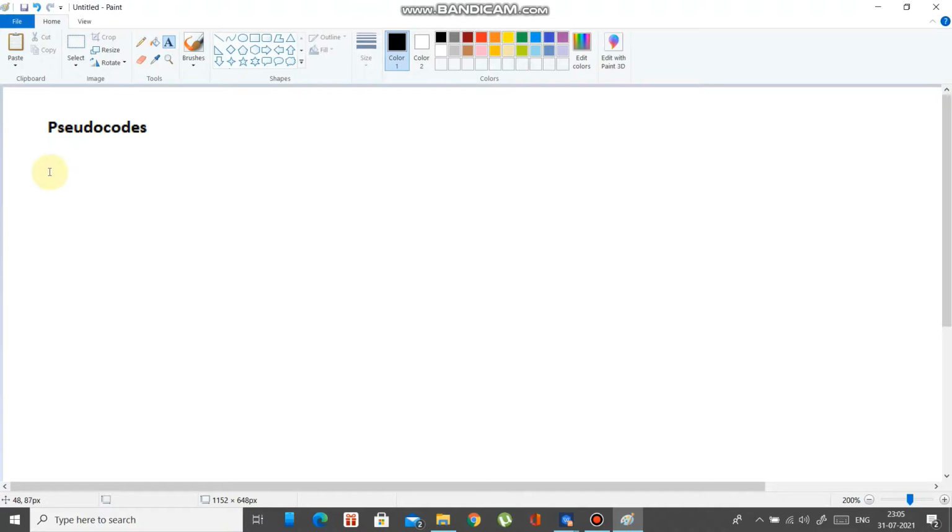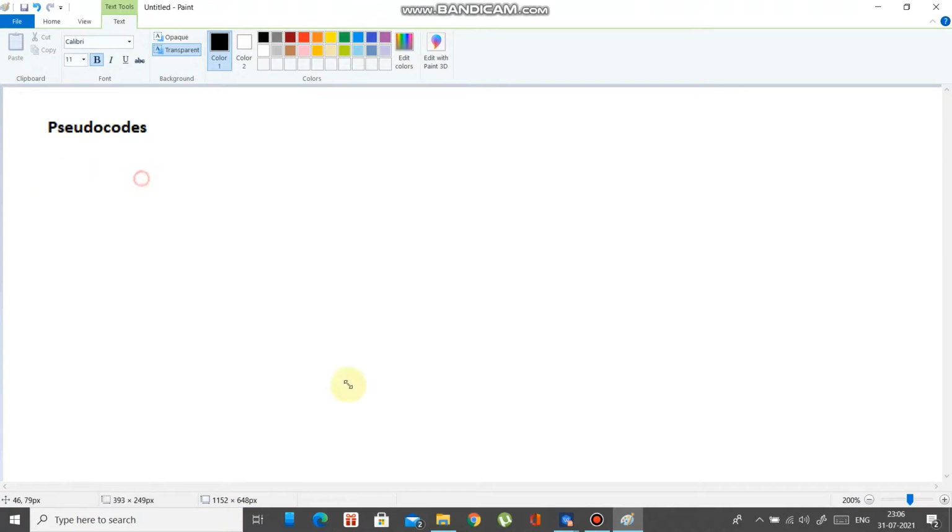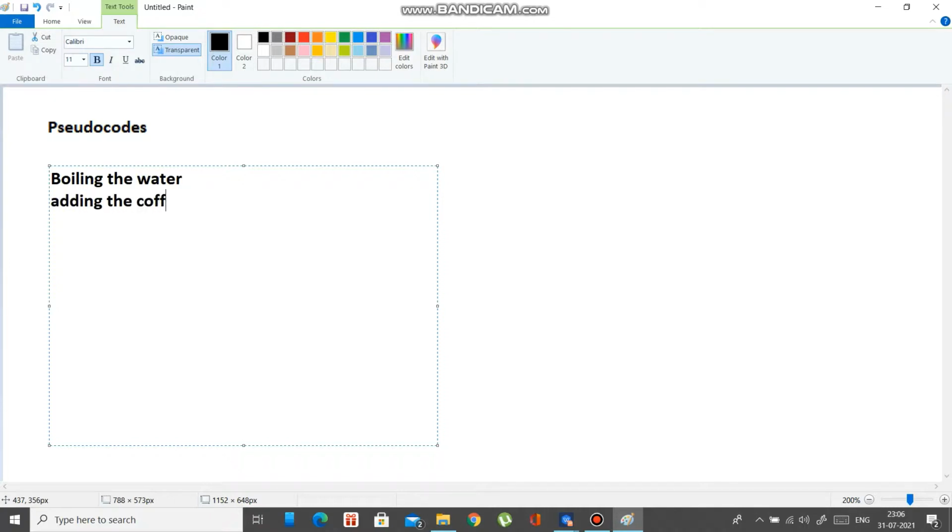For example, you're preparing a coffee now. What all will you be doing to prepare a coffee? You will be boiling the water. Second, you will be adding the coffee powder, and later you will add milk to the boiling water. Then you will add sugar.